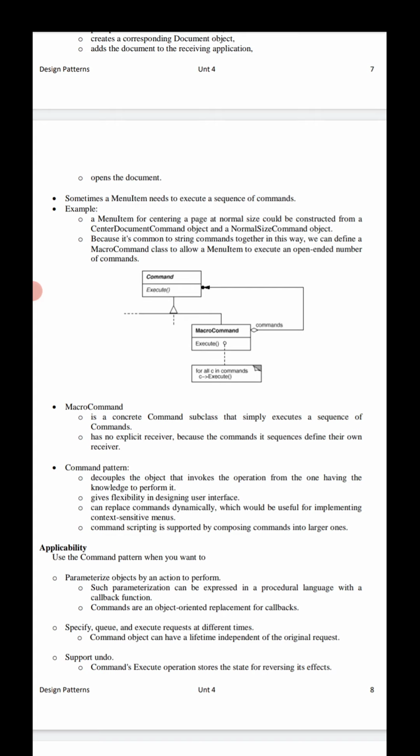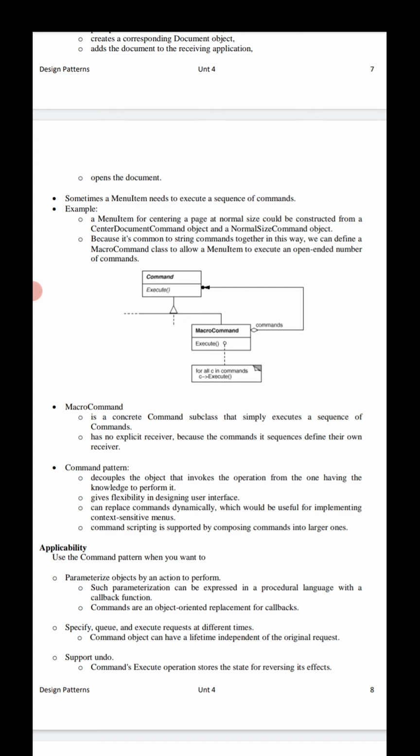An application can provide both a menu item and a push button interface to a feature by making the menu and the push button share an instance of the same concrete command subclass. We can also replace commands dynamically, which is very useful for implementing context-sensitive menus.